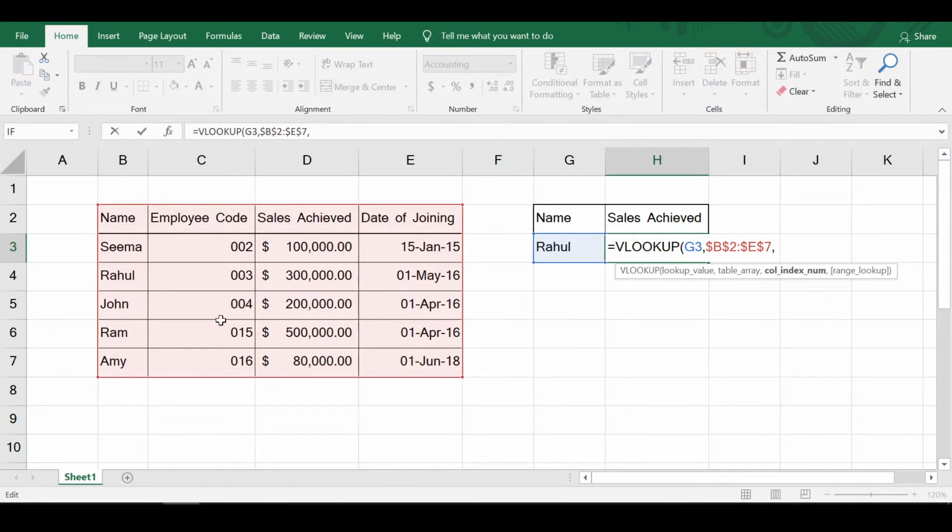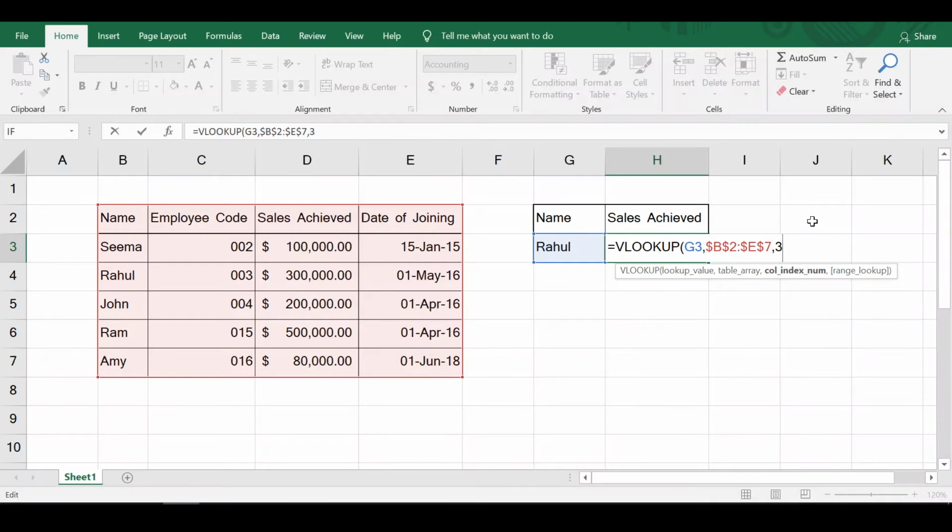So 1, 2, 3. Because the sales achieved figure that we want to extract is in the third column of the table array, we will type 3 over here. So I hope I could explain why we are writing 3 over here.